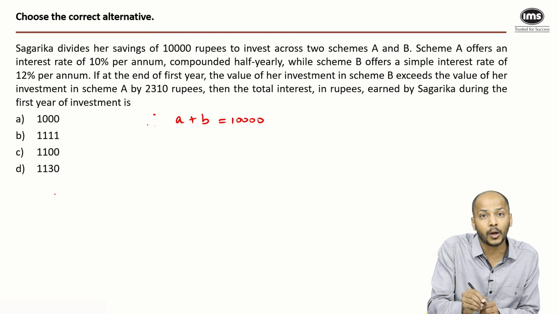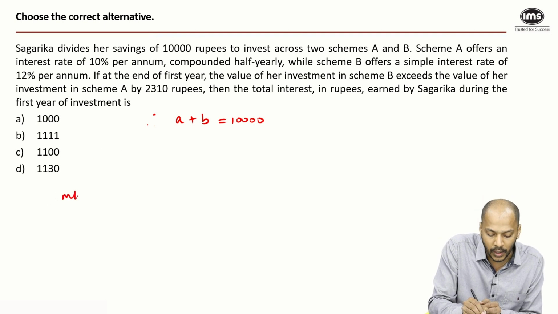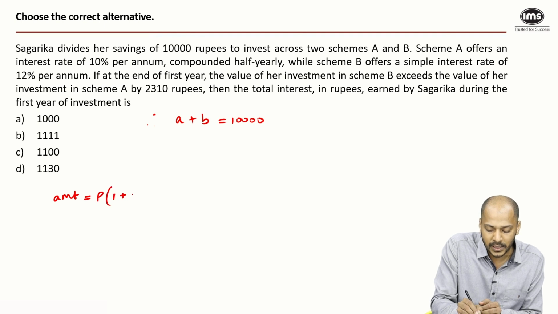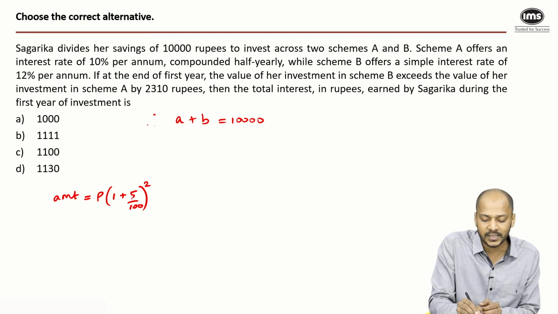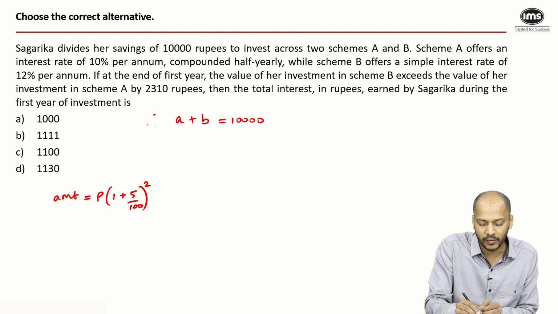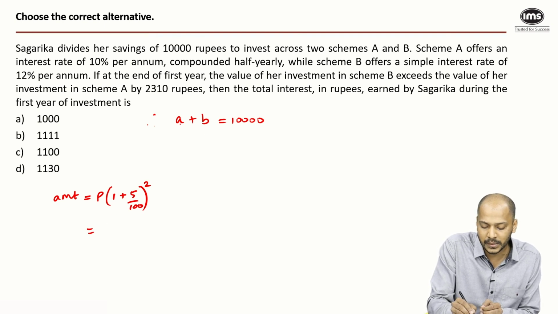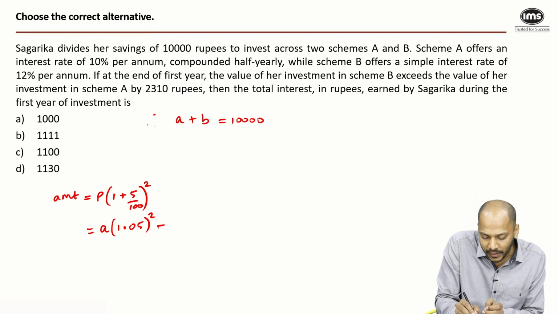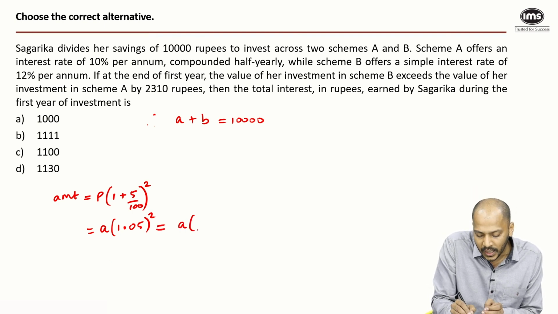So using the formula of compound interest, I would say that the amount would be equal to principal into 1 plus 5 by 100 raised to the power n. Here the number of periods would be 2. This 5 has been obtained as 10 divided by 2, right? So 5 by 100 is 0.05. 1 plus 0.05, I'll say the principal that we had used was A, and 1 plus 0.05, that is 1.05, the whole square. I know squares of numbers ending in 5, so I'll say this would come out to be A into